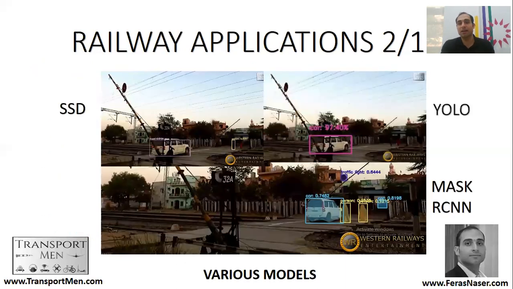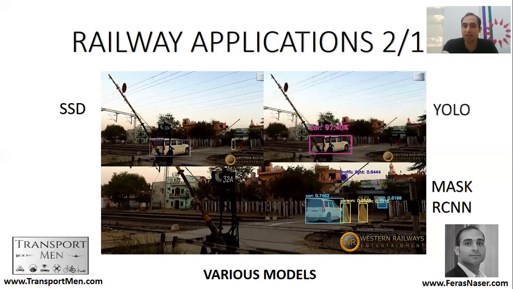So these are the three models. We have the single shot detector at the top left, then we have YOLO, and we have Mask R-CNN. We can see that the single shot detector detected the car, and then a person at the end, and with YOLO you can see that it has detected the car. This is of course from different frames of the video, but I want to show you that the three models can detect different objects. And for Mask R-CNN, you can see that it has detected the traffic light, the car, the person, and then the car inside the garage, the farther car.